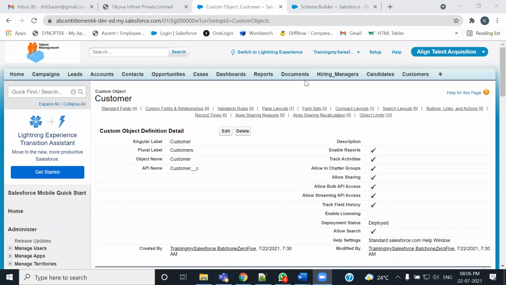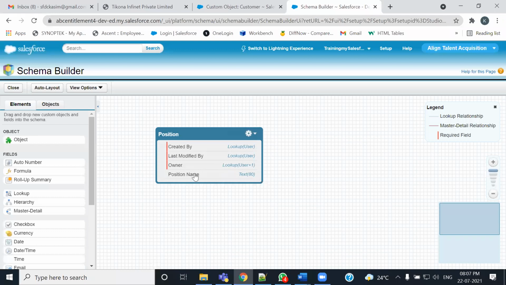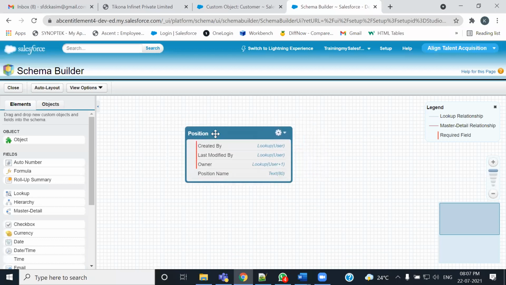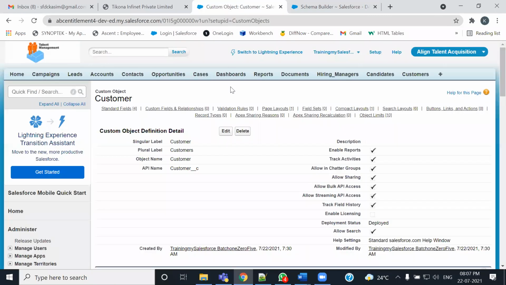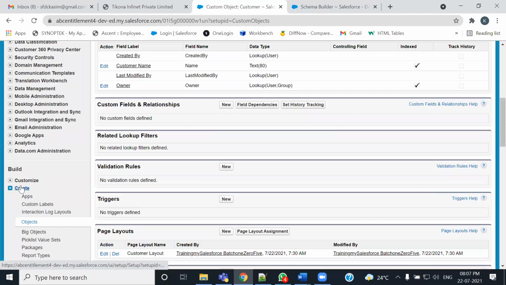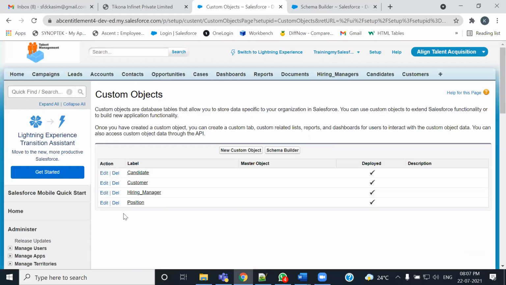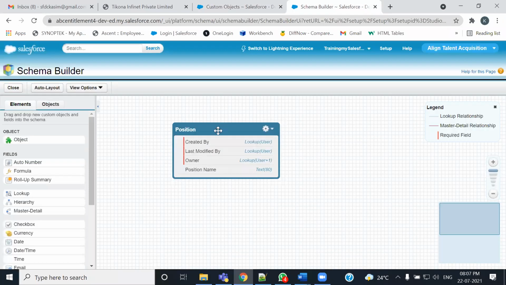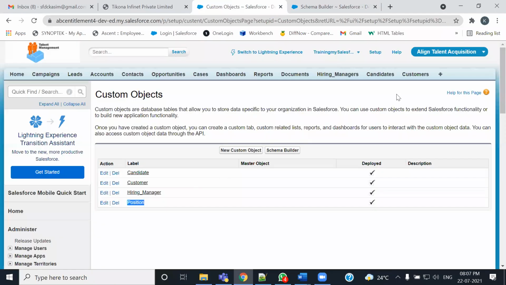Okay, ये पहला point था. Now the second point, what is the difference? Again we are creating the differences. See, although I have created one object called position, if I go to the setup menu, go to create, go to objects, I can see there is an object called position. I have created this object with the schema builder. But the tab is not created. Yesterday also, if you remember, with the standard navigation, when we were creating an object,